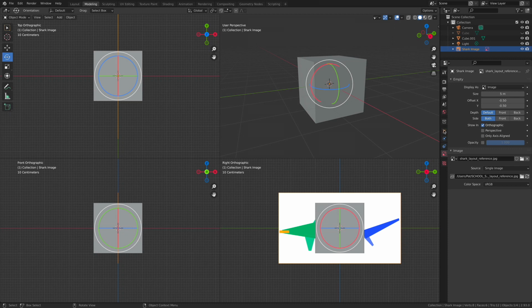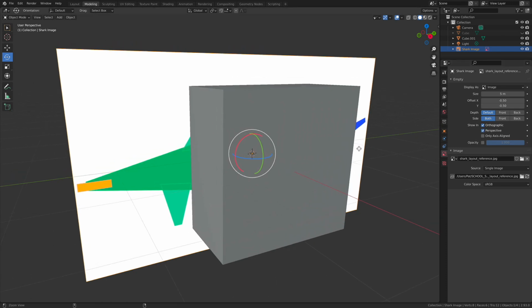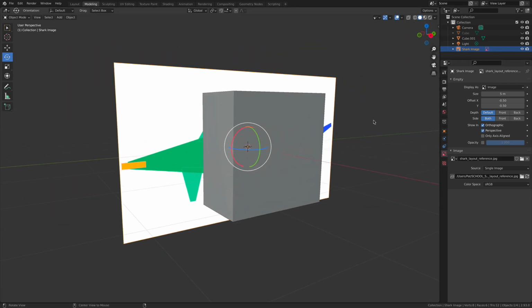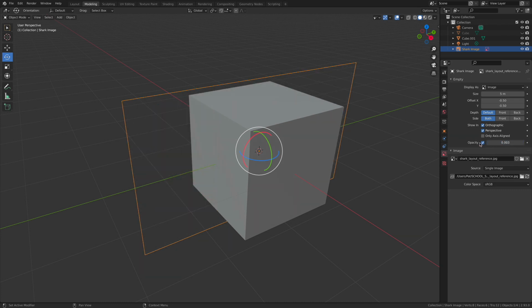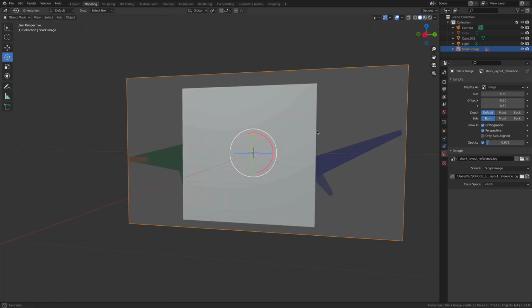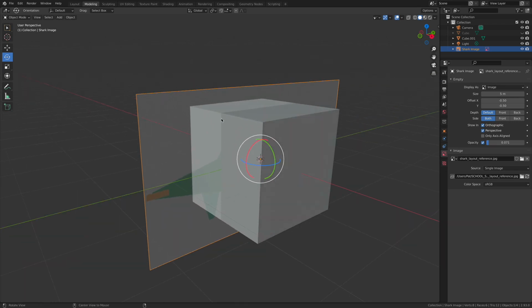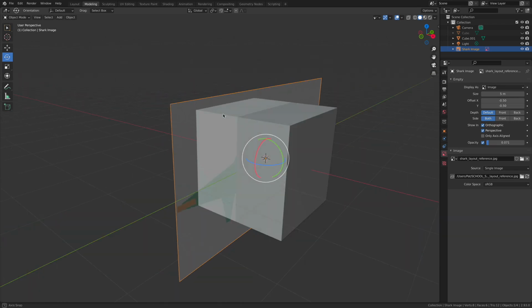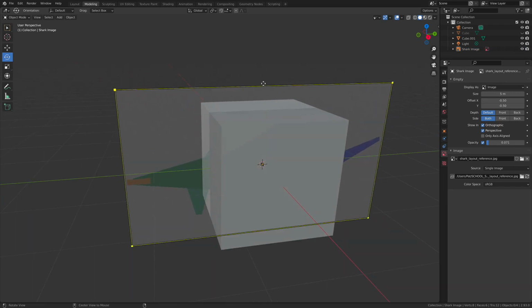Now, to make it transparent, let's just do this for the time being here. Turn off my quad view. Okay. And turn it back on inside of my perspective view. To make it transparent, the last thing that we need to do is go into this opacity option. We need to turn it on. Now we can lower the opacity. I want to lower it significantly to make it transparent. Now we can see through that background image, that reference image, to the background of my 3-dimensional scene, which is pretty cool. However, we still have one small problem.